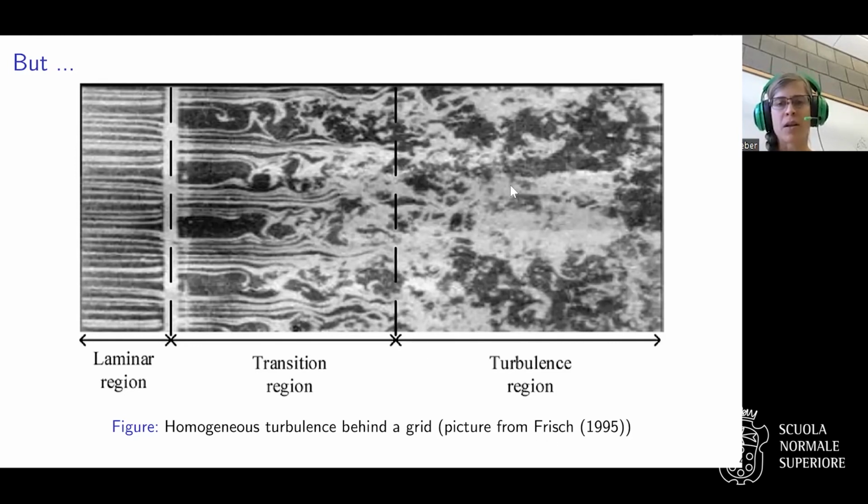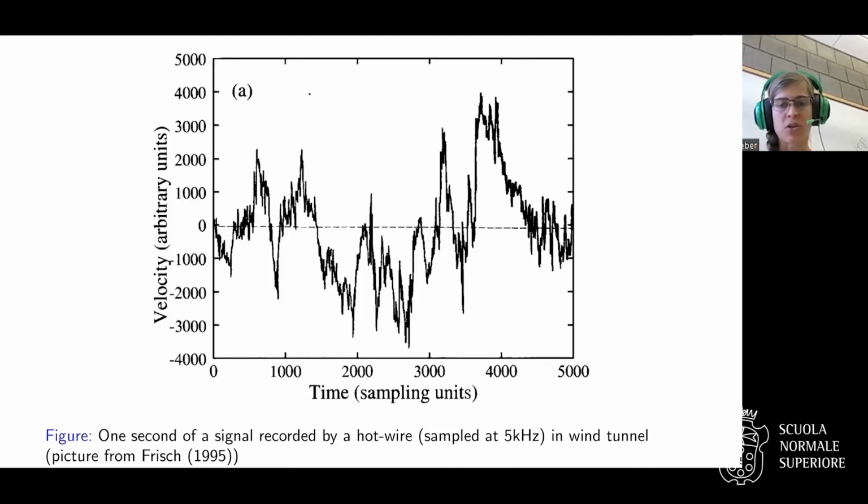Then you wonder, maybe the problem is that these calculations were all formal, or maybe the model is wrong. It turns out it's slightly different. What you can also do is quantify this in some way. You can put a hot wire probe somewhere in this wind tunnel, say here, and measure the velocity fields you obtain over time. And this is what the picture looks like if you do that.